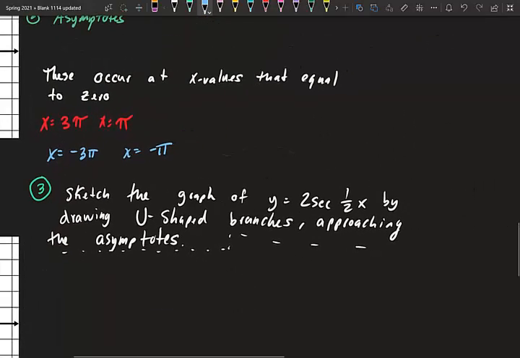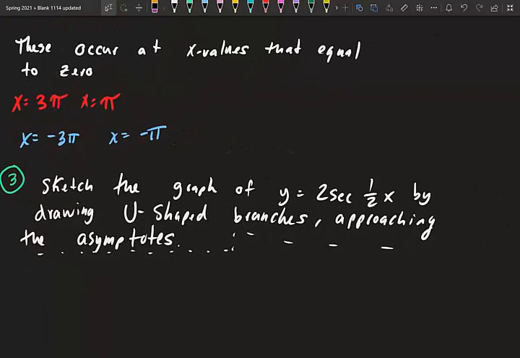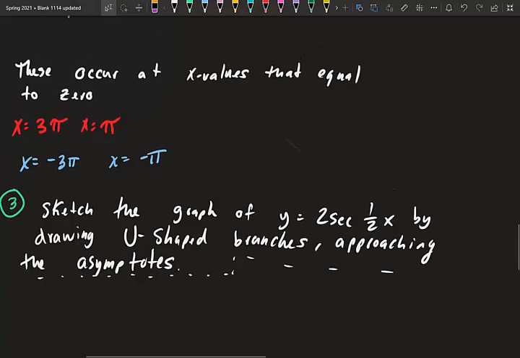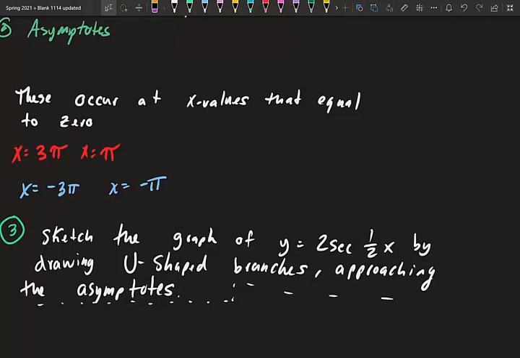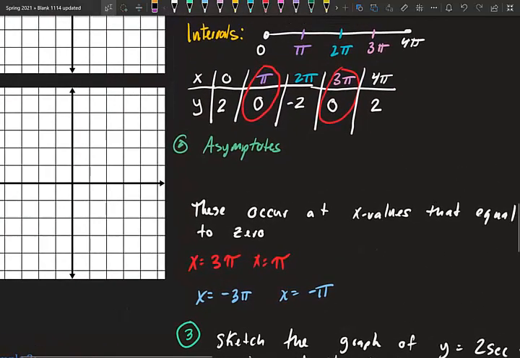Our third step is to sketch the graph of y equals 2 secant 1/2 x by drawing U-shaped branches approaching the asymptotes. So let's put all the stuff we have now, and then I'll talk about how we actually find the secant graph. Remember, steps 1 and 2 are finding the cosine graph,